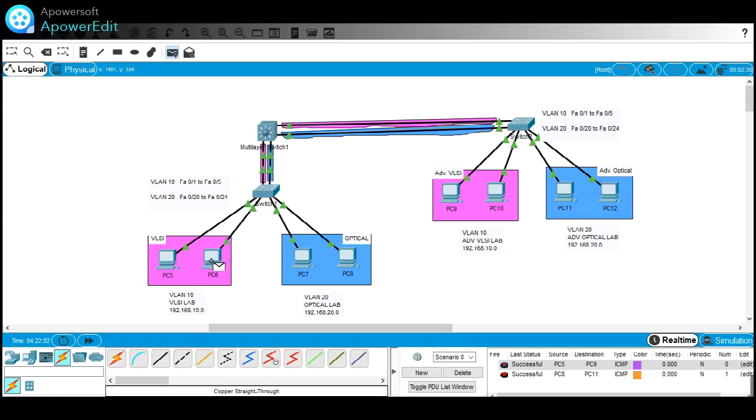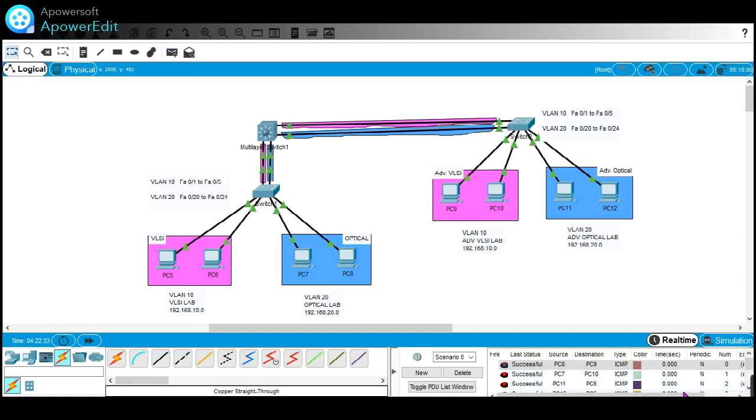We will see that one, like we will communicate from this PC of VLSI lab to advanced optical lab PC, this PC, and we can see that it is successful. So you can check it for all possible combinations, like this one, this one, this one, this one, this one, this one.